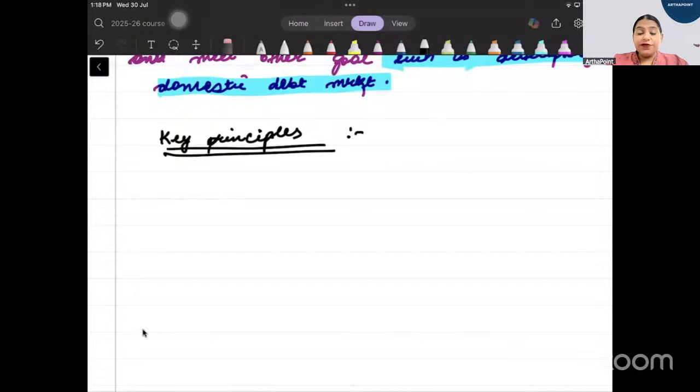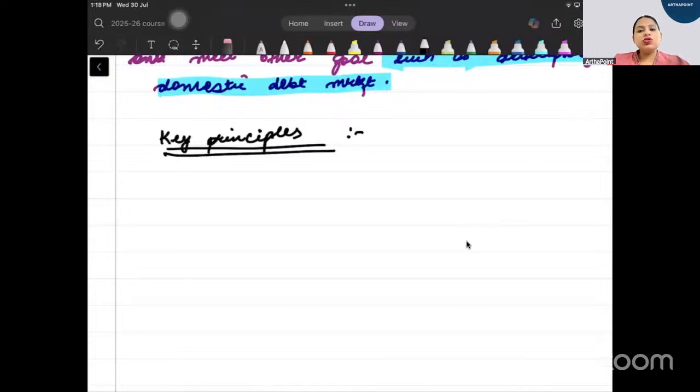By finding the difference between R and G. You remember? We said if the R, which is the interest rate on loan, is less than G, which is the growth rate of GDP, then the debt is sustainable, right? We studied this. So the third thing which we need to ensure as a principle is to ensure that the debt is sustainable, right? Long run में debt जो लिया है वो बढ़ता ना जाए, उल्टा वो debt GDP ratio कम हो. That is what we need to ensure, right?